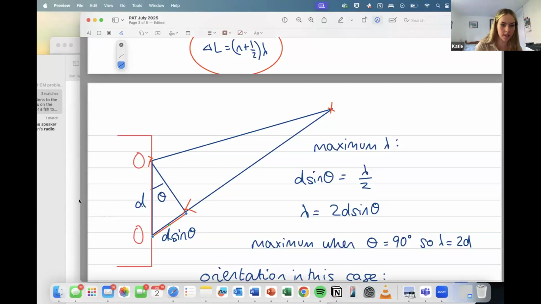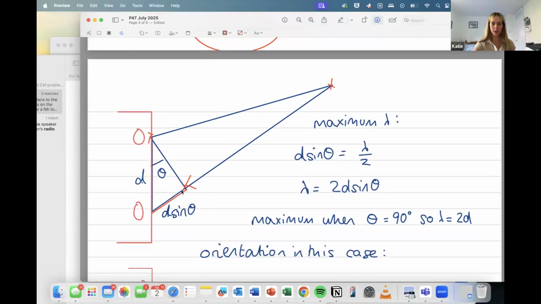Is it okay if we drew this using wavefronts instead, then plotting points where the waves intersect and drawing a line? Yeah, you could draw it as wavefronts, like the lines of wavefronts instead of a wave. That's fine to do, and then showing where one is at a peak and one is at a trough. I just like this way, since it really shows that one is at a peak and one is at a trough. But anything that's clear, showing what you're doing, that's fine.